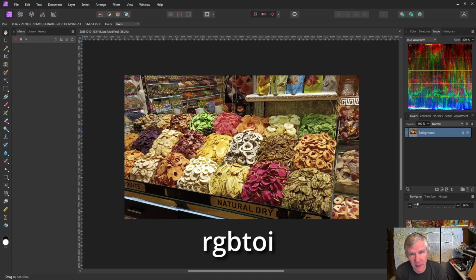I'm going to explain the function rgbtoi in Affinity Photo's procedural texture filter. For a long time I wondered what this function did, and I thought it had something to do with integers, but it turns out it's related to converting a color image into a black and white image based on intensity